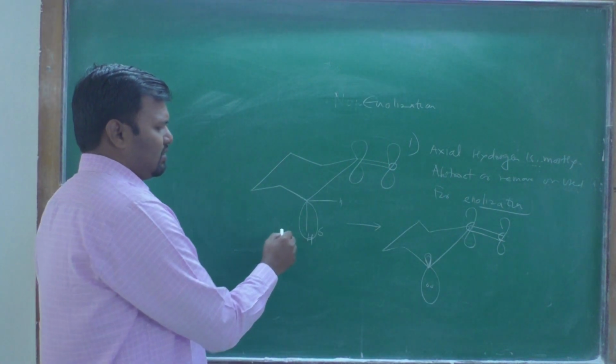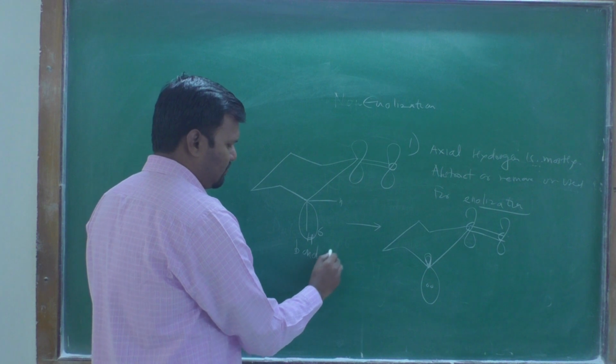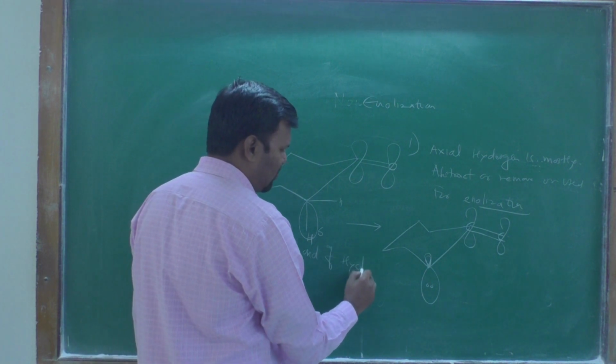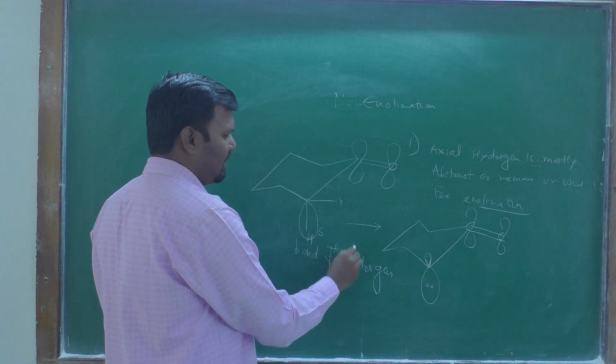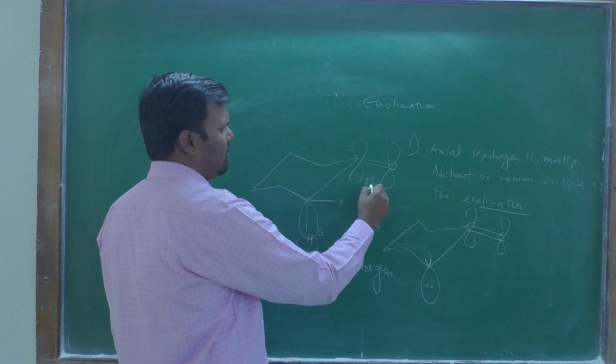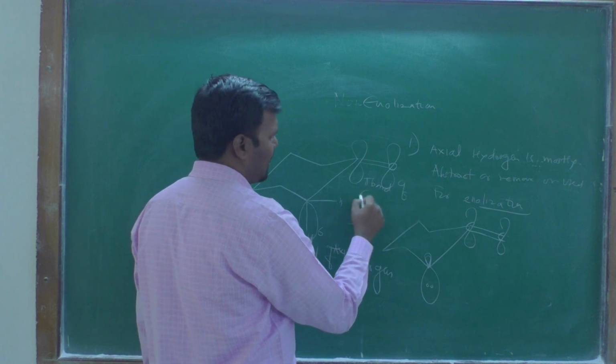In this case, the sigma bond of the axial hydrogen, remember that, and the pi bond of the carbonyl group